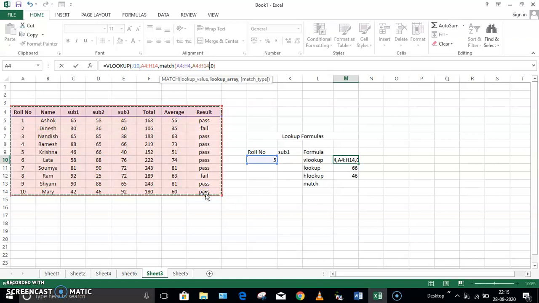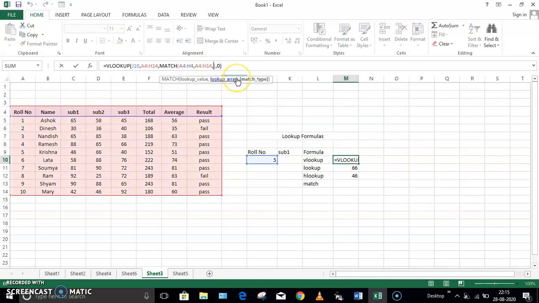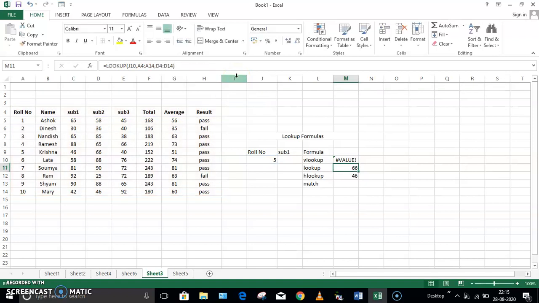Okay, and I want the exact match, so 0 again. Enter. Okay, there's something missing over here. Let me check.